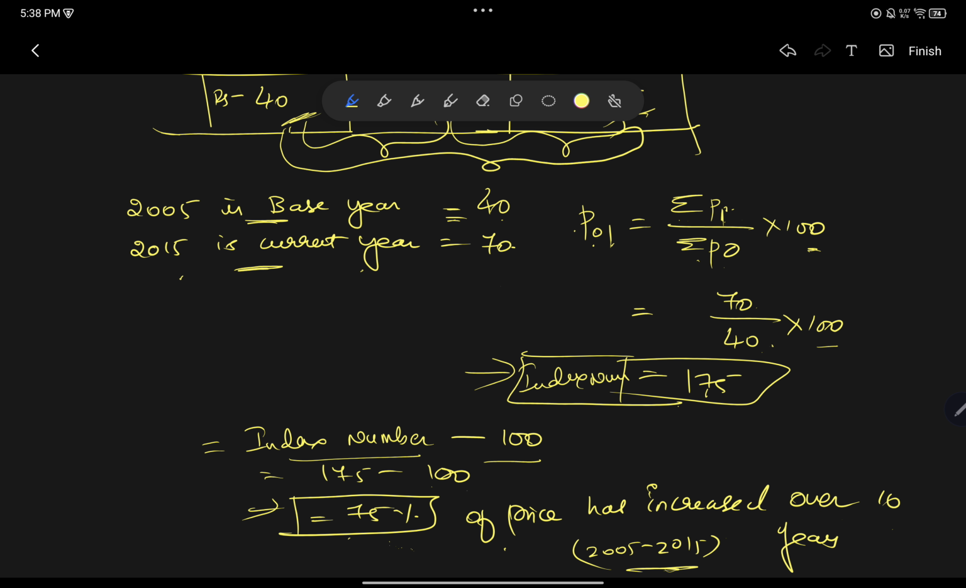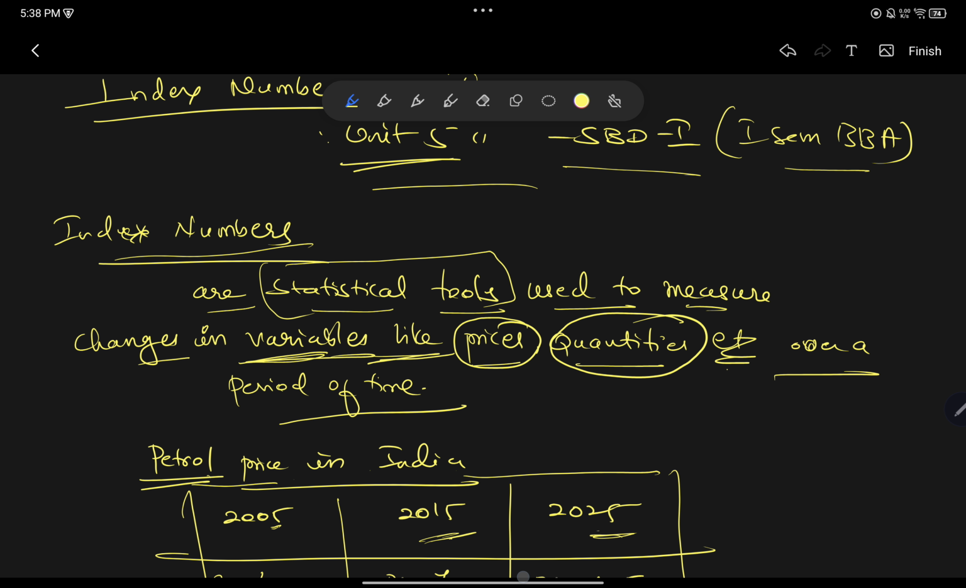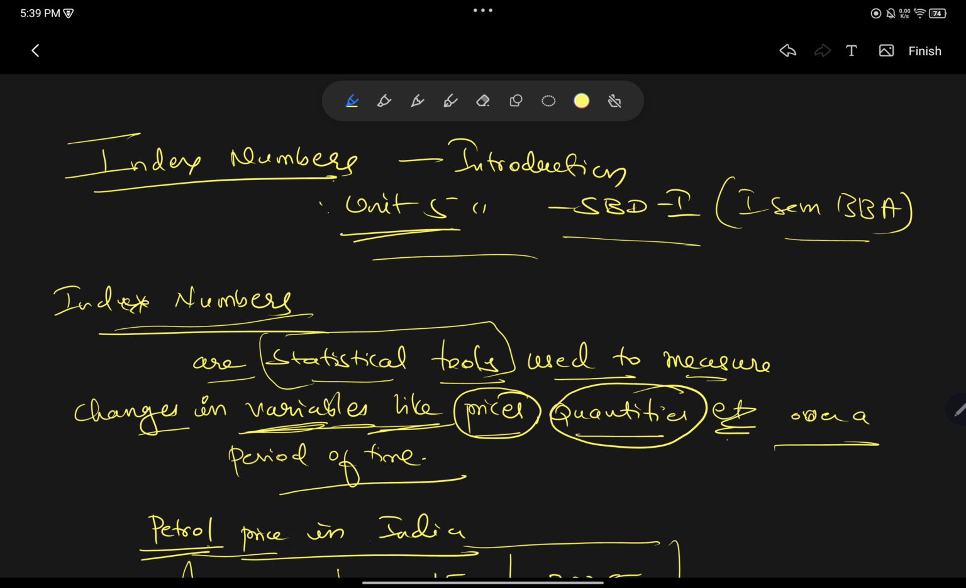I hope that you have understood the concept of index numbers here. Further, I will solve a few problems about index numbers. You will understand about the different types of index numbers, what we need to learn in the subject, everything